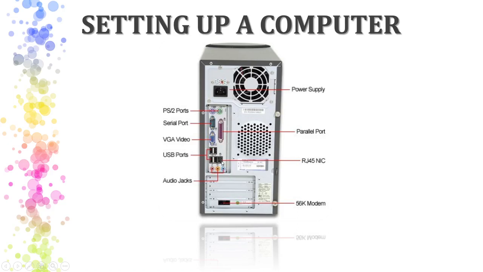So these are the back of the CPU and the ports of the CPU. Yes, and the 56K modem, the last one, it is not for your use, it is simply for converting the digital and analog system that you cannot understand here, but I am showing this. The one part is also a 56K modem. So these are the back keys of your CPU box.